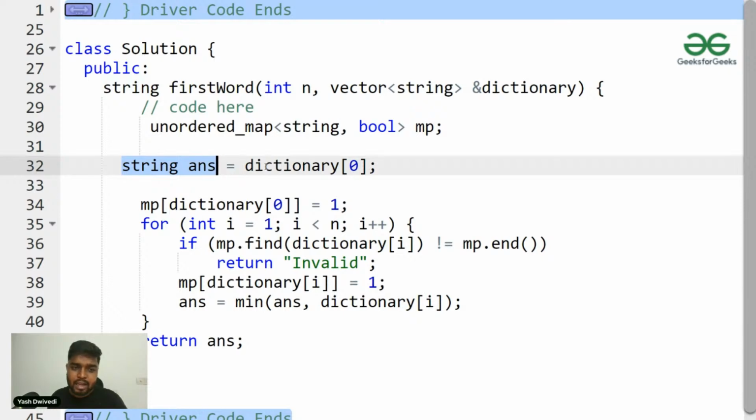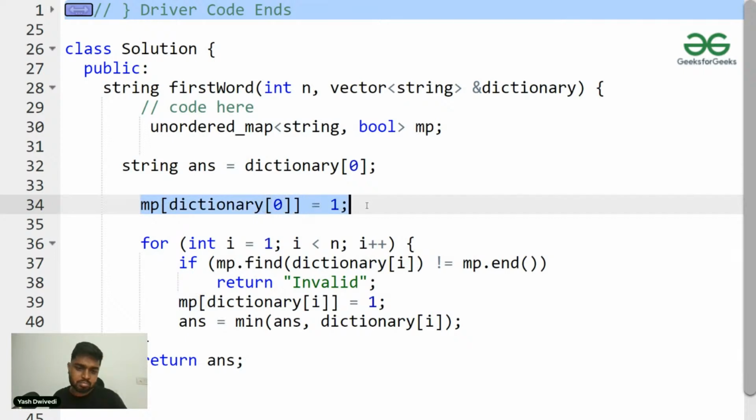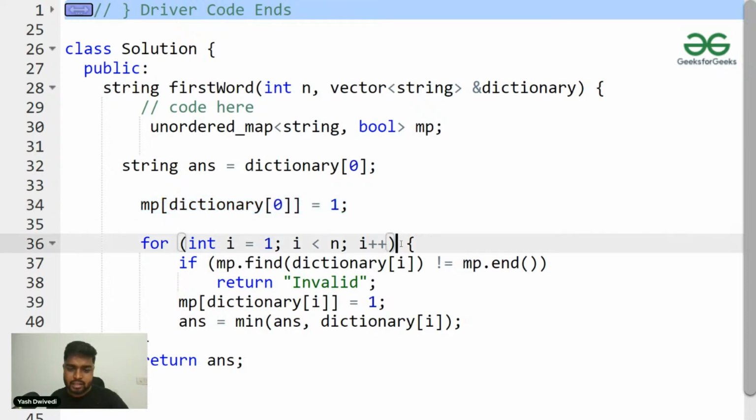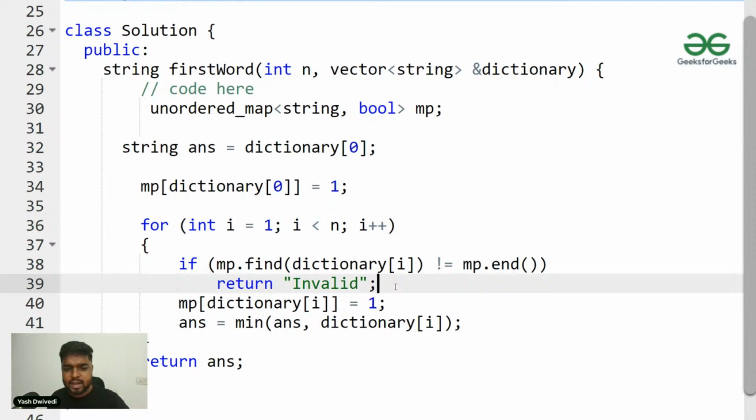Now initially I'll mark my answer as the very first word, that is dictionary of 0. Then after that, you need to mark the zeroth string as 1. Indirectly you're marking it as present in the map. Then you start from index 1 till the end of the array, and then what you can do is